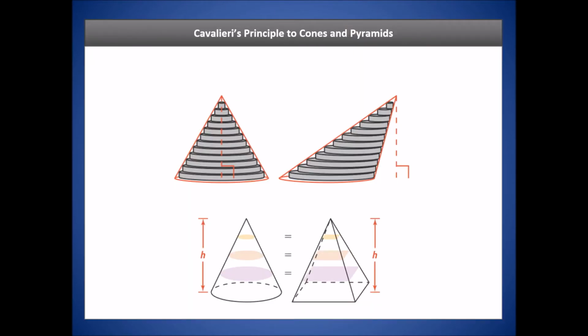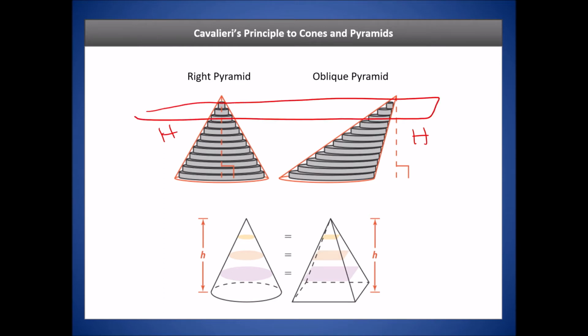All right, so let's review Cavalieri's Principle. Recall from the previous lesson that Cavalieri's Principle was based on the fact that if you have two or more solids and you want to compare their volumes, and the solids have the same heights, so let's assume that this has the same height as this, and you were to make slices at each level, and you were to look at the areas of the cross sections from those slices and the areas are the same,